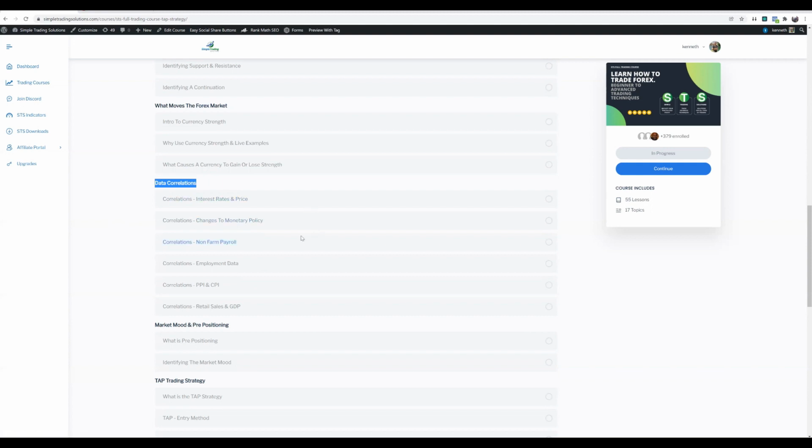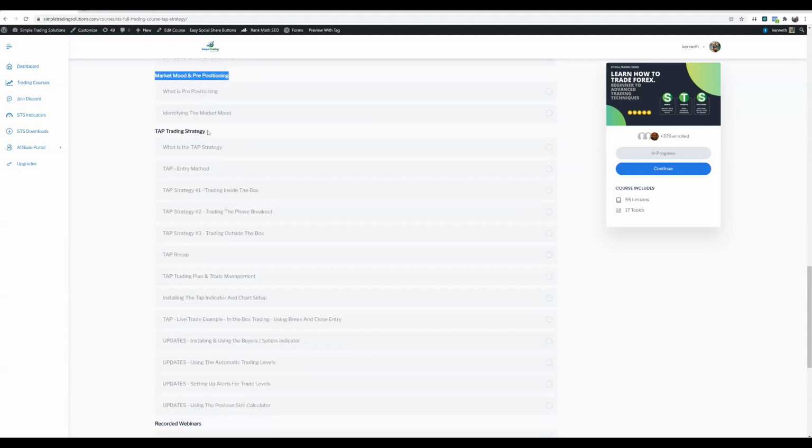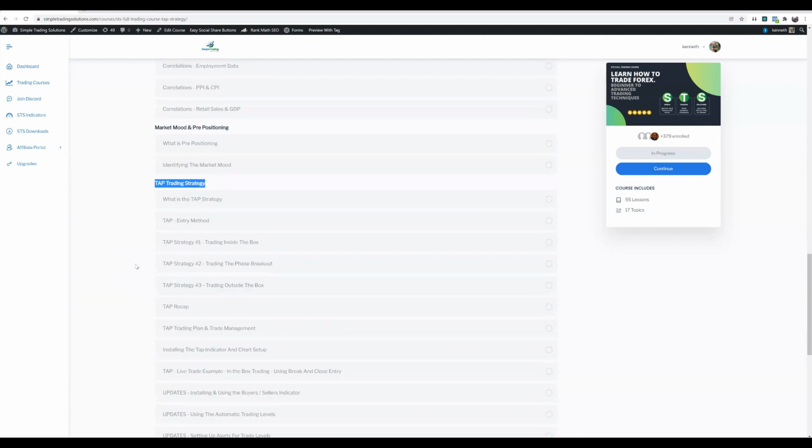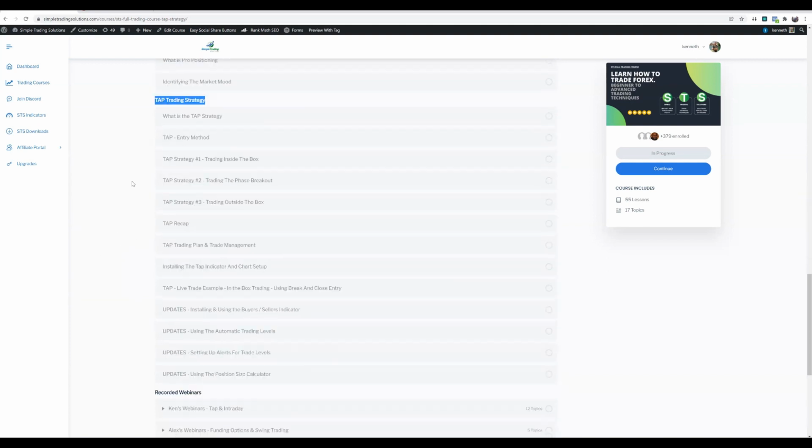You've got interest rates, changes to monetary policy. A lot of these things people don't pay attention to, but if you will, it'll really help you with your trading. We've got market mood and pre-positioning, and then we've got the entire TAP strategy. So everything that you've seen above here leads directly into this TAP strategy,